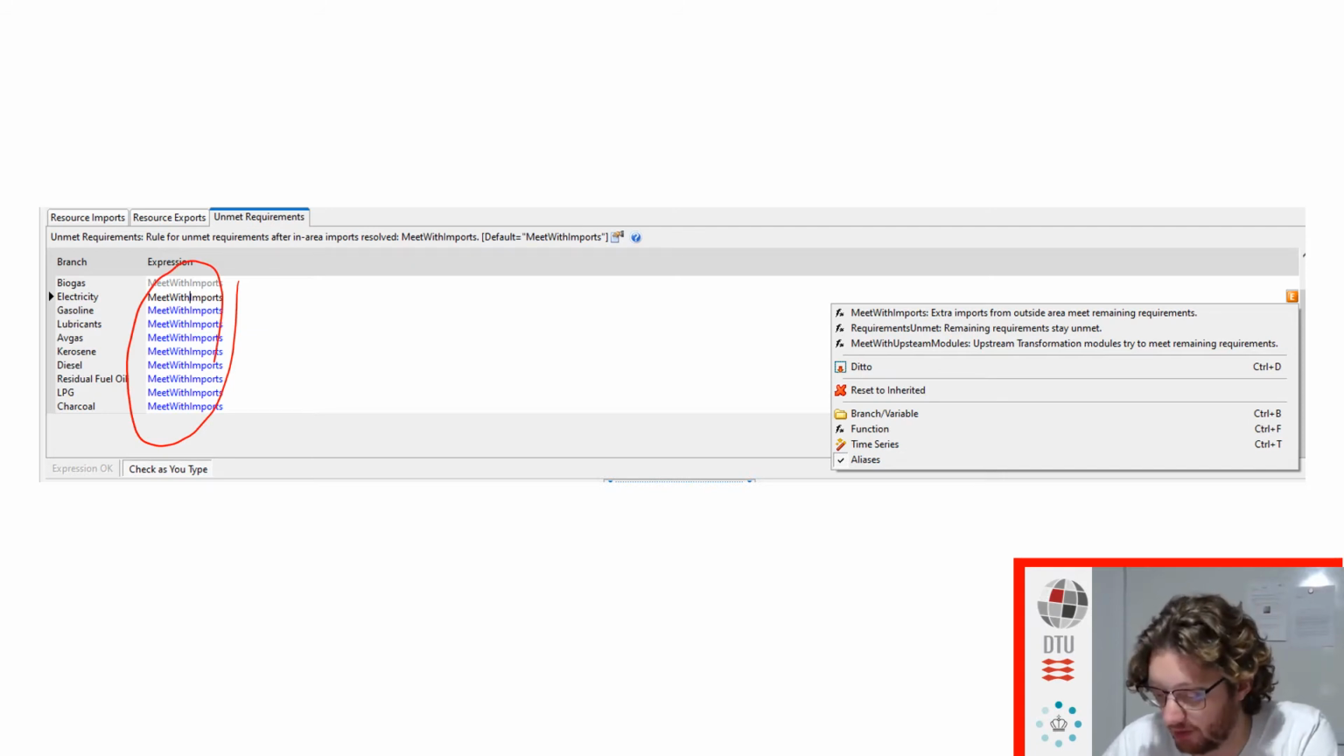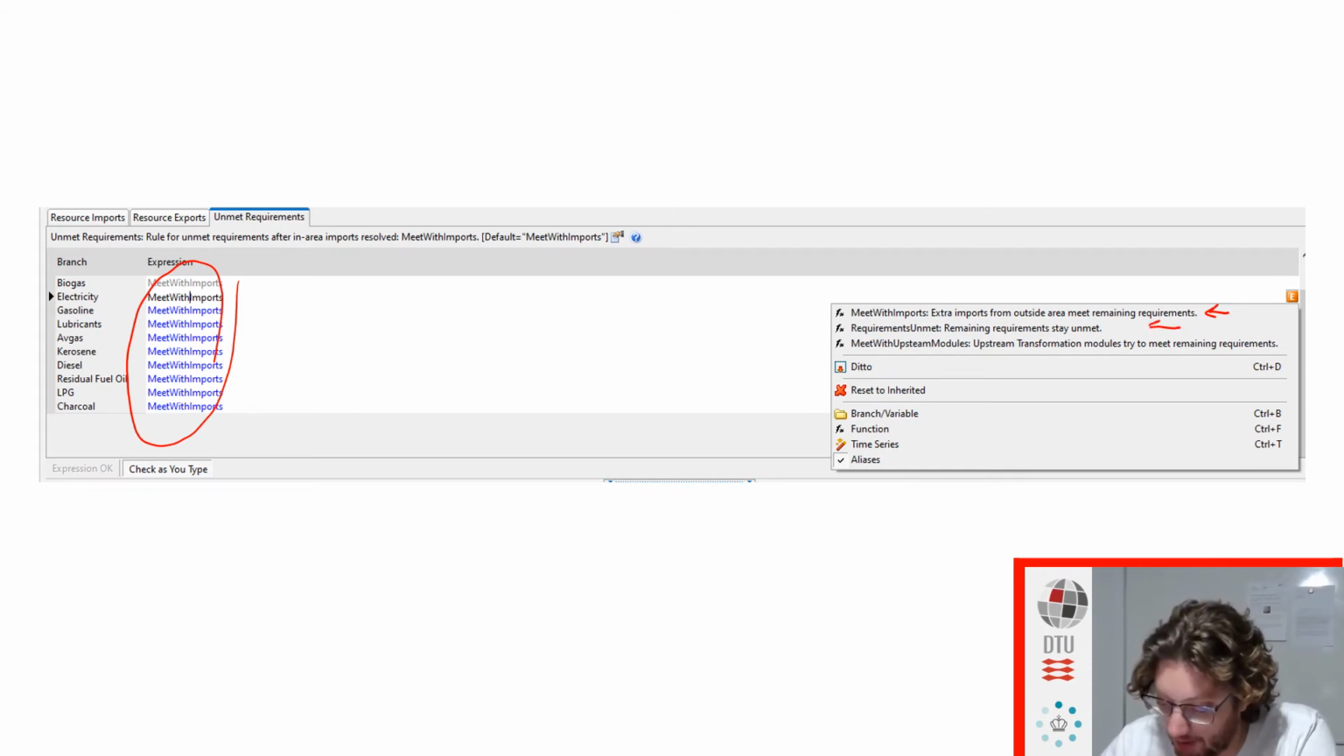So we have the most regular, which is meet with import. It will just force an import directly of this fuel. That is what you saw in the previous video. That had happened because we didn't have a transformation sector that was big enough, so we just imported the secondary fuel directly. We can also have